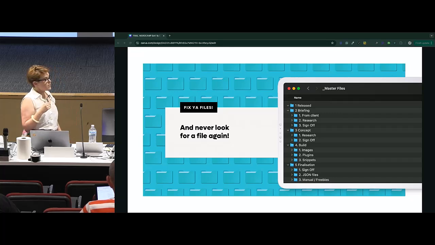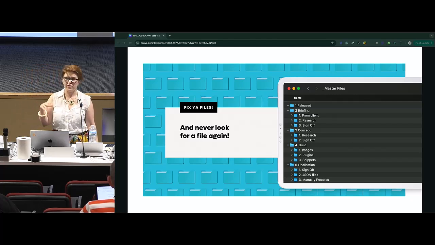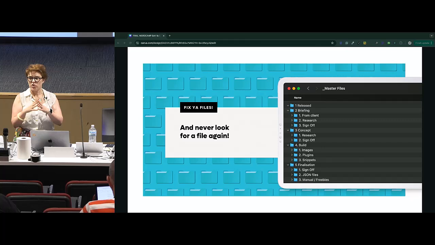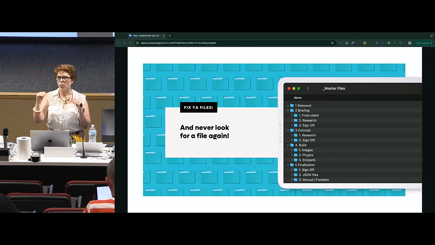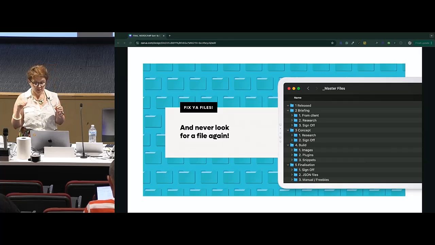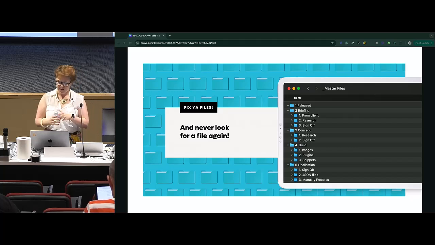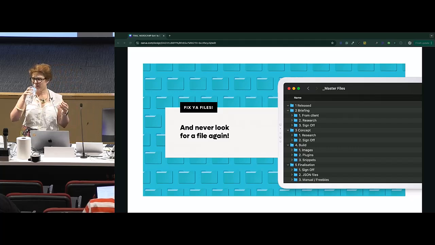So what I actually have set up now is a master filing system, which looks like this. You can see it on the screen. It is a bunch of empty folders, inside folders, set up, ready to go. So when I start a new project, I simply copy and paste that, and away I go. And it just means I'm always filing things in exactly the same place for every single project. And it's saved me oodles of time. Seriously, this has been probably the biggest game changer for my business. Sorry, I'm talking too fast.